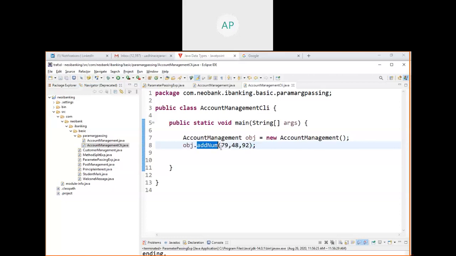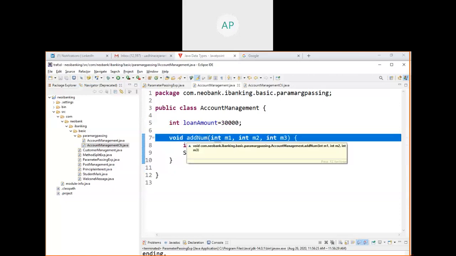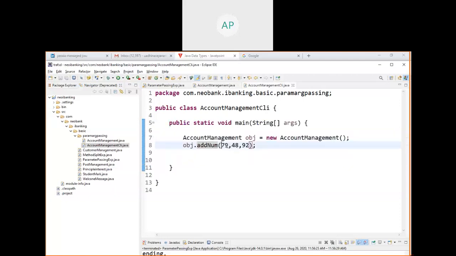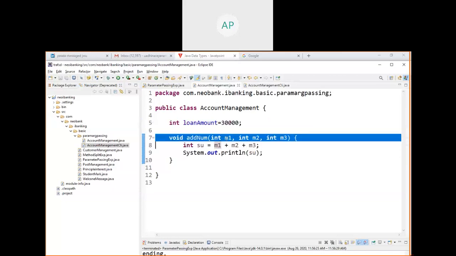So you are going to call this method with three values, three parameters. Call the method with three parameters. Write a method with three arguments or three parameters. Call this method with three values or parameters. So hereafter you can create a method with three arguments.